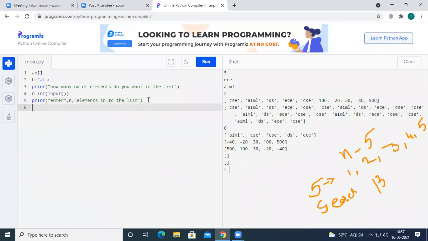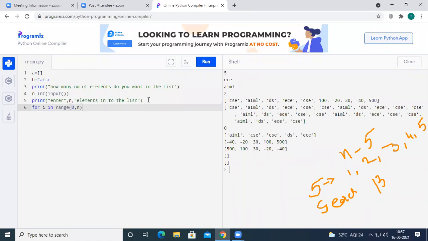Now the user will give n elements, so I want to read those n elements. For that, I'm going to take a for loop: for i in range, where the starting index will be 0 and the ending index will be n.